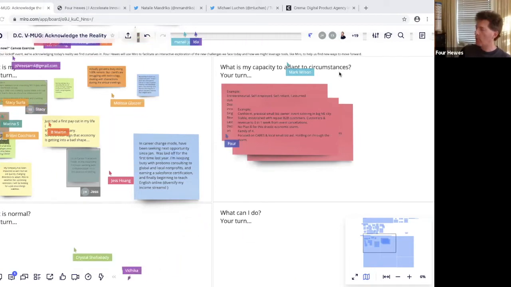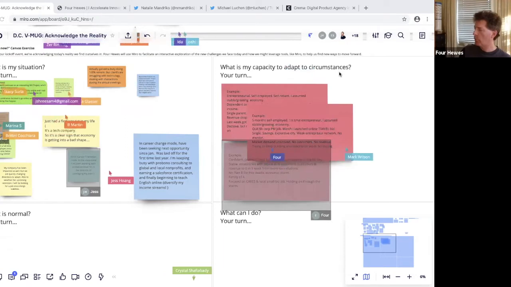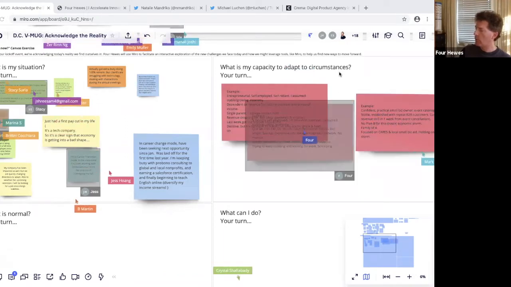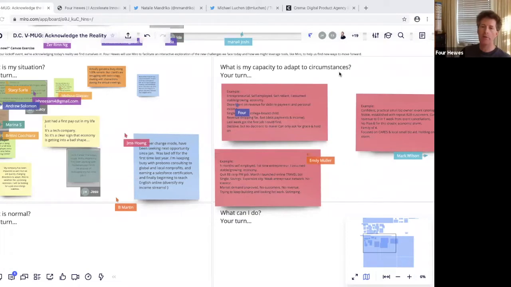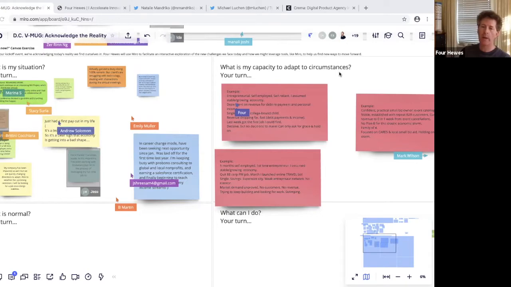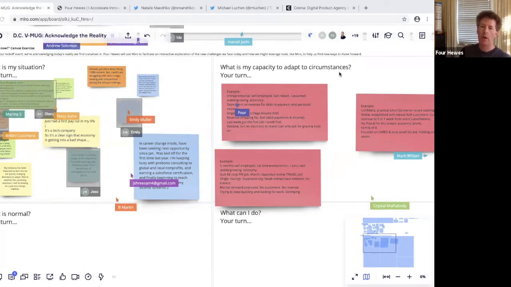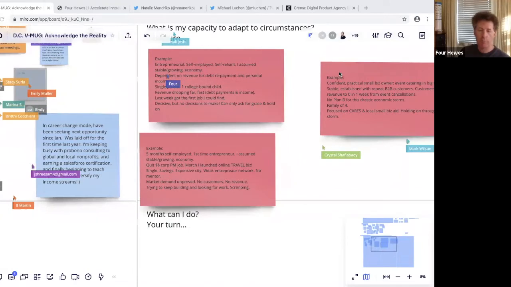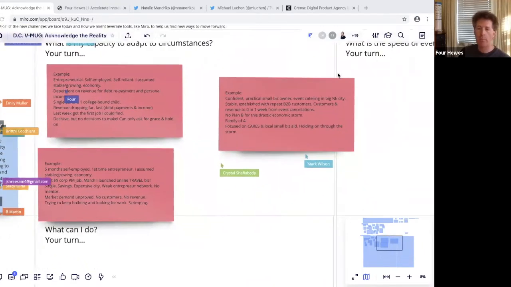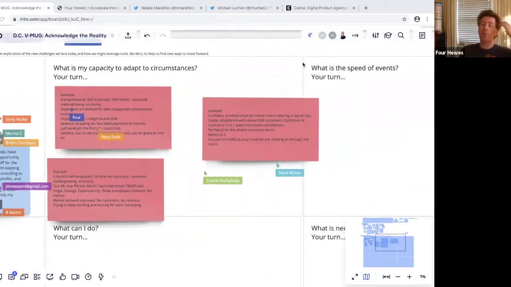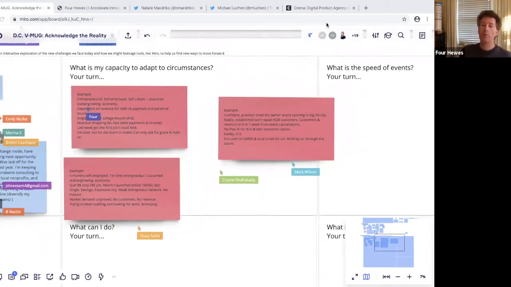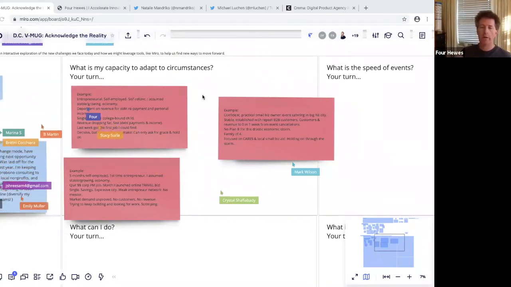I put a few examples here, which you can take a look at. These maybe sound a little bit clinical because I was trying to just get some facts down, but these are all stories that I have heard directly myself. Somebody who is a small, stable real estate developer. That means that he needs his properties to make revenue for his business and his life to work, and suddenly nobody's going to the restaurant, nobody's in the co-working, people are having trouble paying their rent.